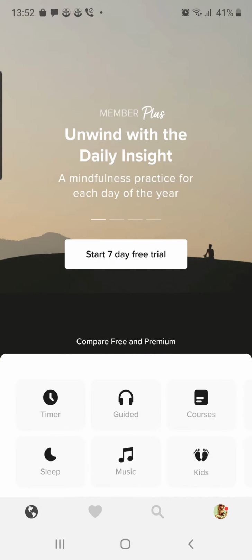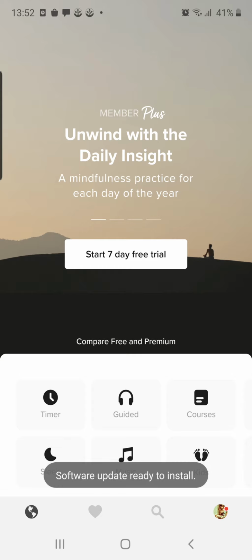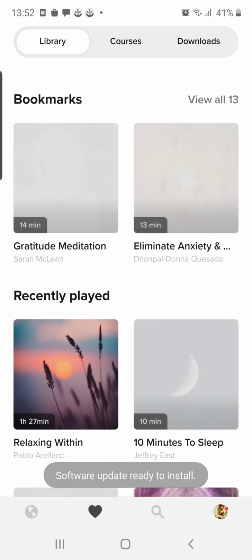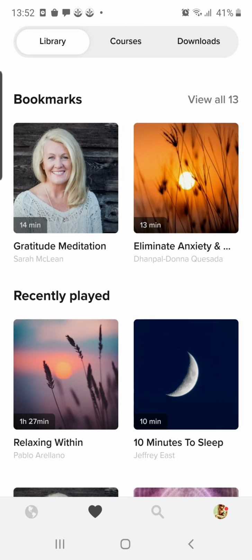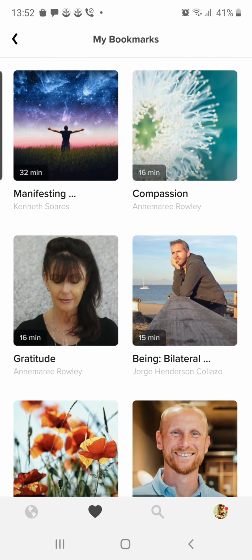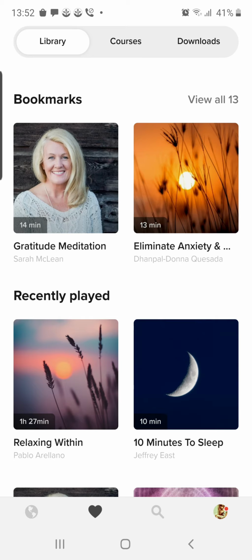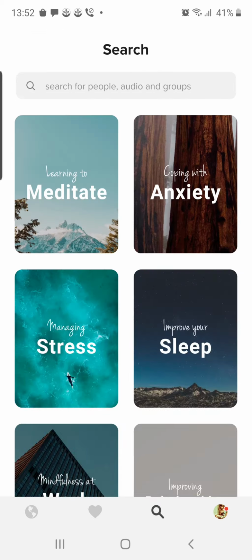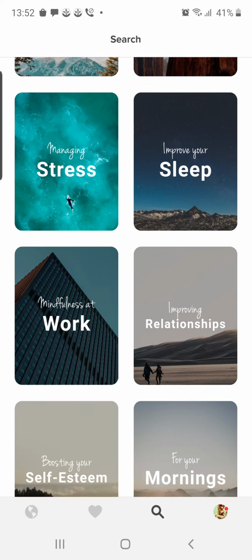And right down below you have the globe. You also see the heart emoji which is there. Once you do a certain guided meditation, you can also bookmark it. So there are several bookmarks, like compassion, manifesting. These are my personal bookmarks which I use on a regular basis. Okay, and then you can also improve your sleep. So these are multiple options which are there.